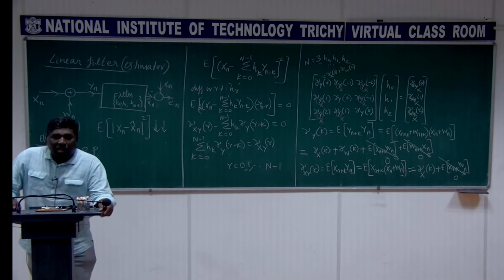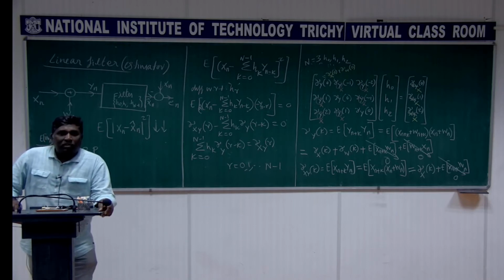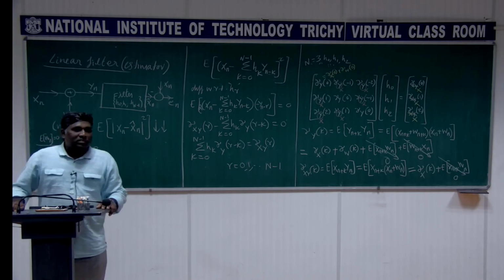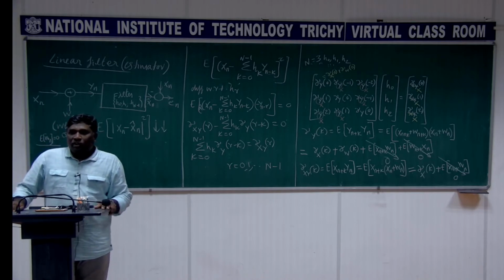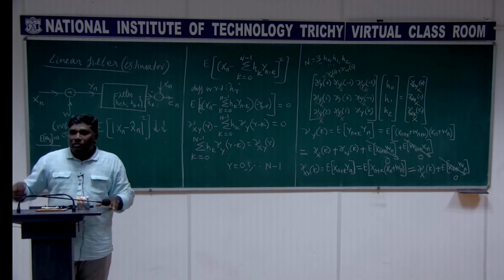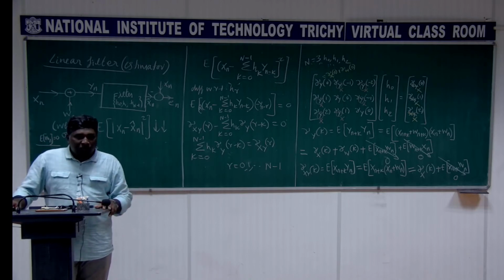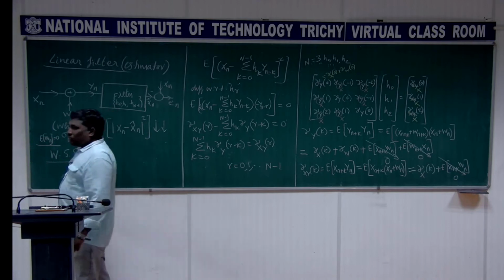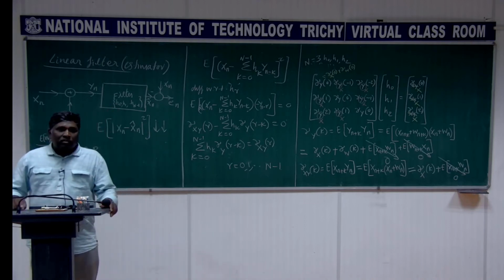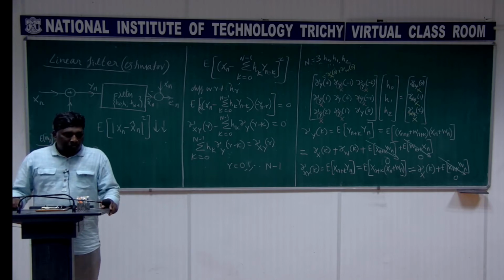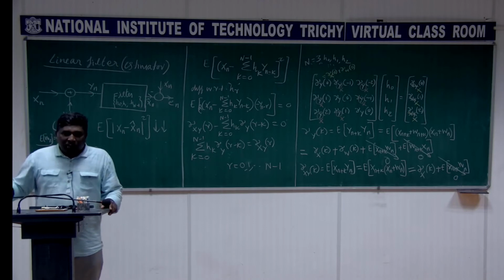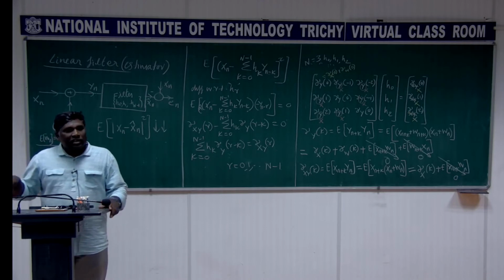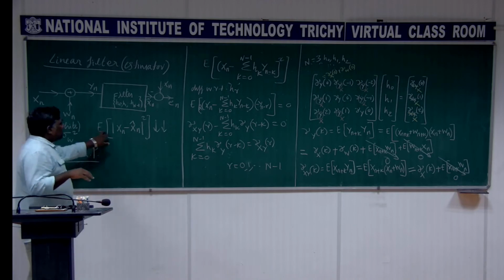Once we know the average noise power and this autocorrelation function of x, then you are through. We can find out that filter coefficient. So if I have a signal plus noise, the background noise, I can use this filter to remove that, to suppress that noise. The quality of suppression, to see how much noise has been suppressed, if I want to know about it, it is actually given by what?